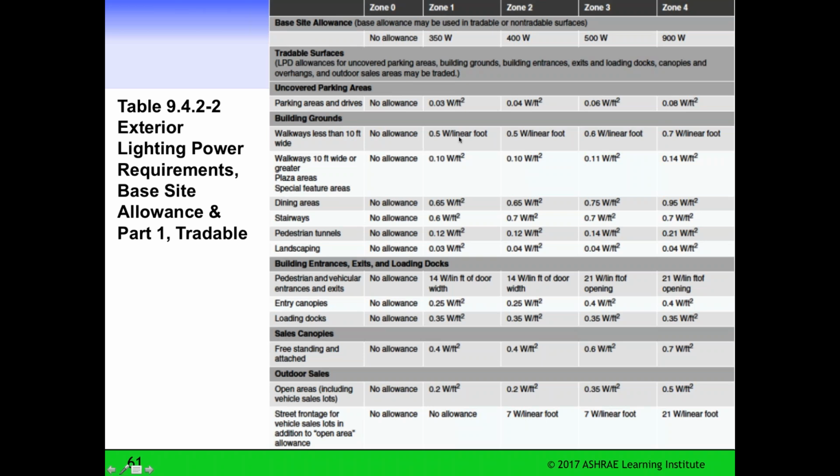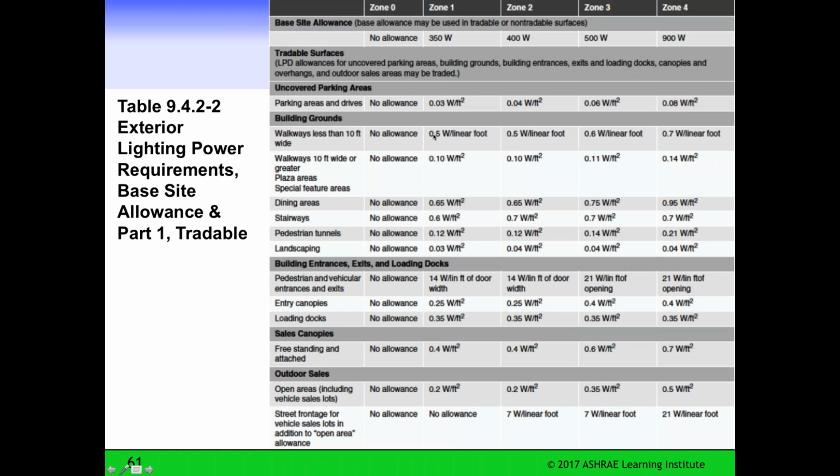In developed areas of such places, you can have a modest amount of outdoor lighting, either in watts per square foot or watts per linear foot. And then as the density of the developed area increases, whether it's a residential area or a strip commercial area anywhere in the US, or a high density urban area, the allowance goes up.